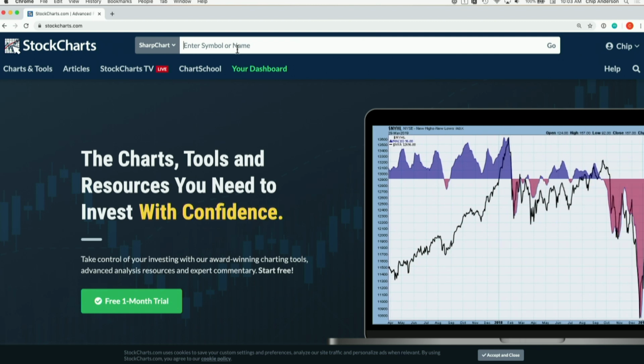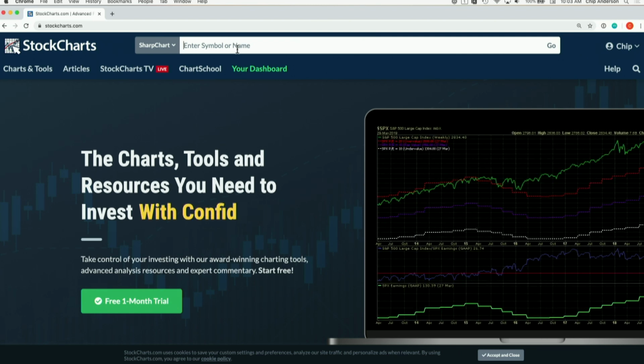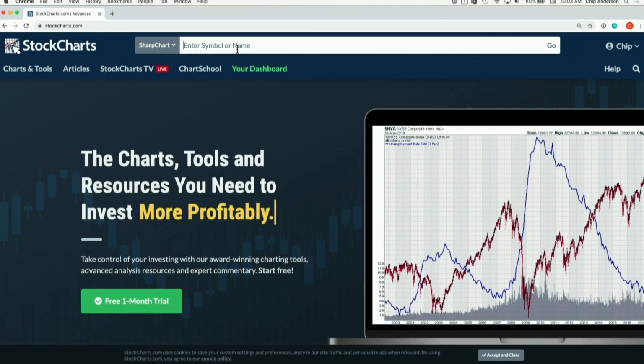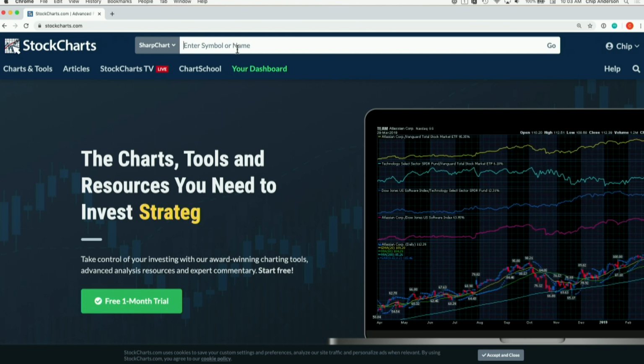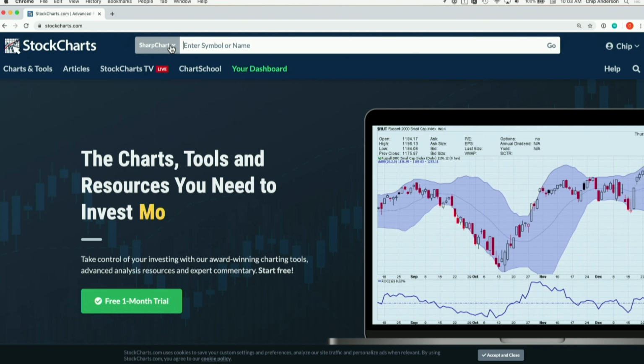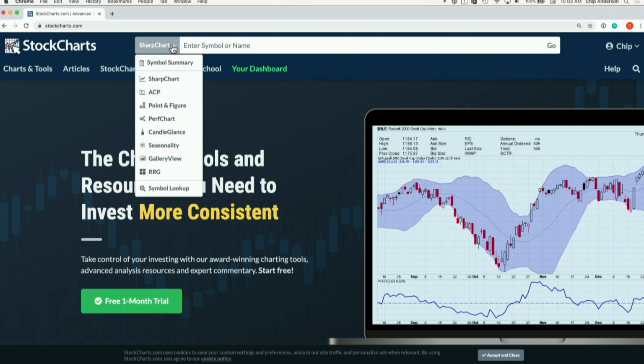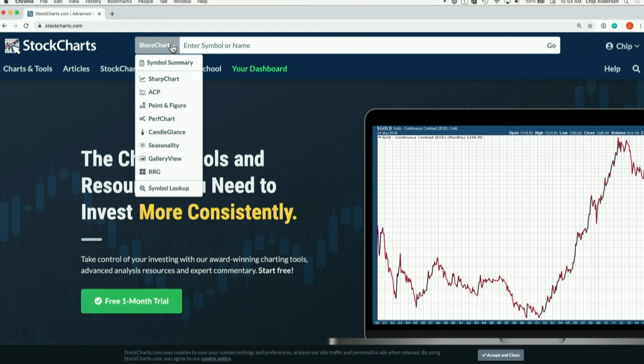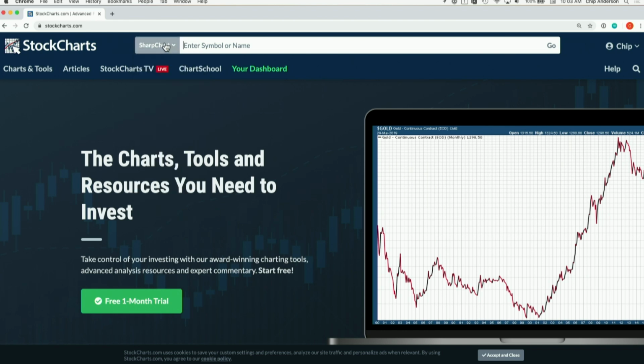So symbol summary is essentially where we're going to give you a whole lot of new information about an individual stock, specifically fundamental information combined with technical information in kind of a tabular view. It's available in a couple of different places, and we will be making it available in more places shortly. One place is you just click on the drop down at the top here